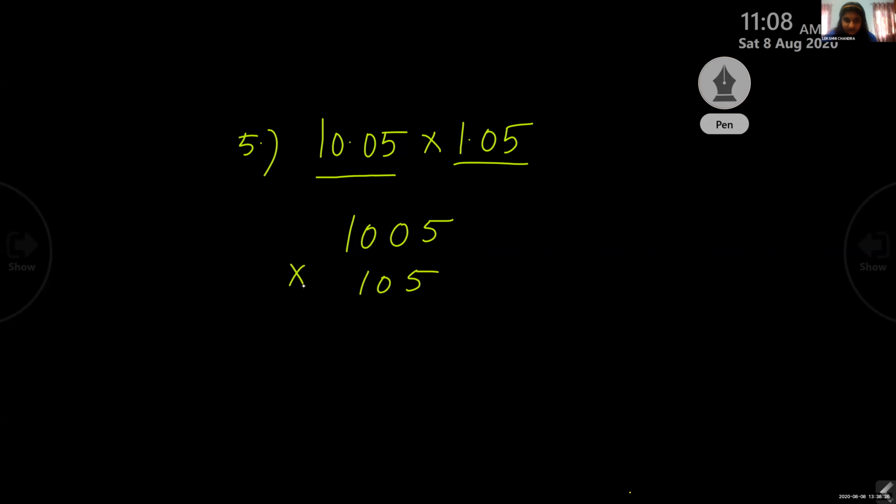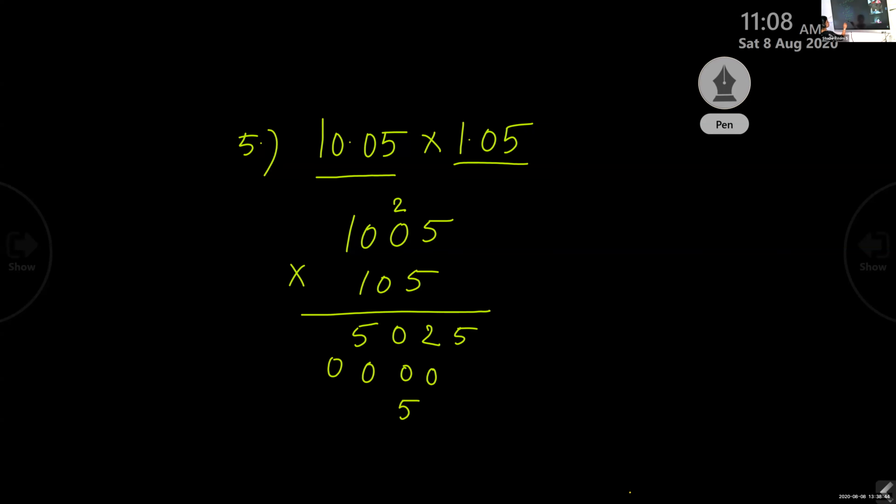Multiply. 5 5s are 25. 5 zeros are 0 plus 2, 2. 5 zeros are 0. 5 ones are 5. Now with the 0, you multiply 0, 0, 0, 0. Now with the 1, you multiply 5. 1 5s are 5. 1 0 0. 1 1s are 1. Now add. What will you get? You will get 5, 2, 5, 2, 5, 5, 5, 0, 0, 1.